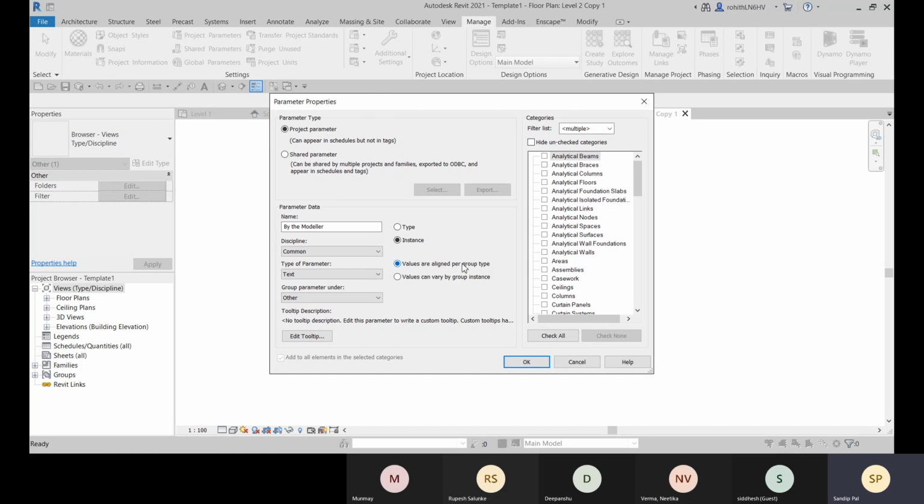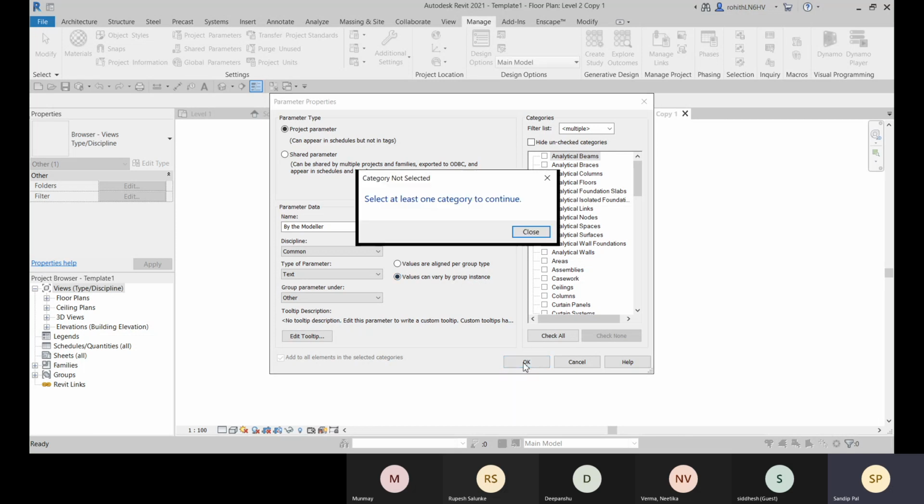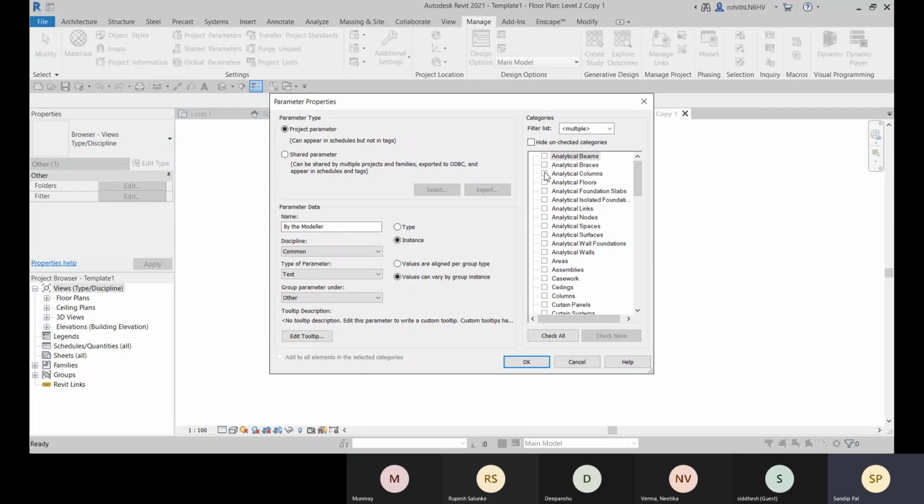And these values are aligned per group type, and values can vary by group instance. So we are making it different. So that's why better we go with the instance. Let's click on OK. Okay, so we need to select the categories. Okay, we need to define the category.